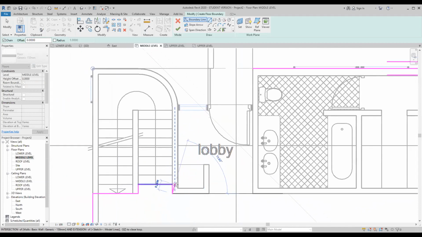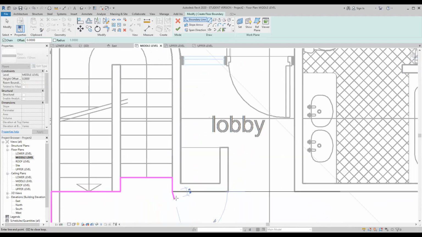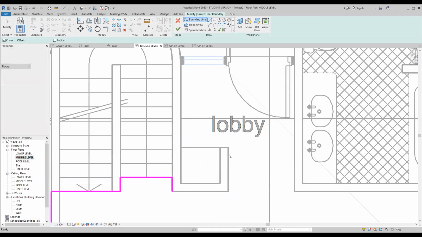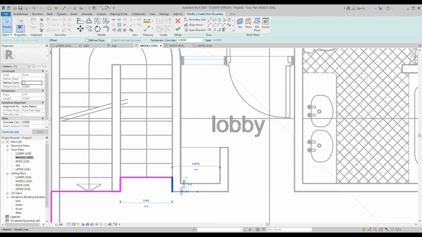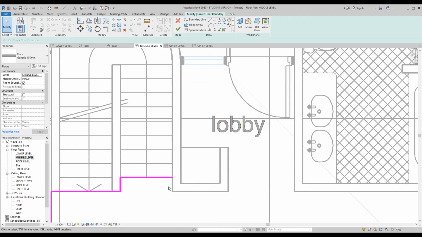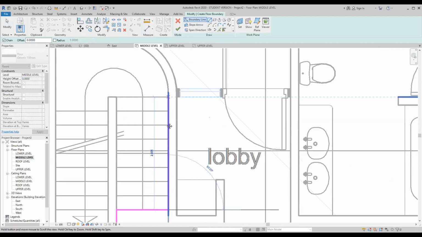Sorry, I made a mistake here. If you make a mistake, you have to press escape. That's why many times I told you your hand should be on the left of the keyboard. So I will press escape again. I can select and press delete on my keyboard, and I will select this line again, and I will go this way